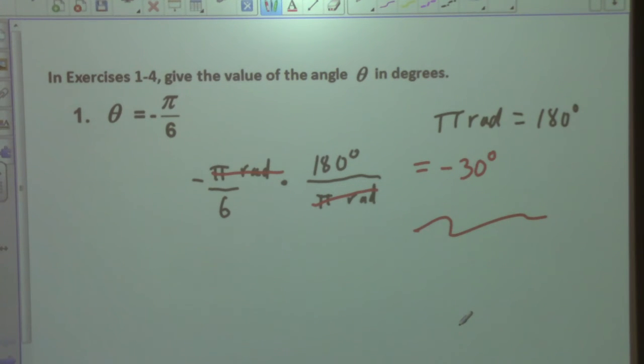Because we've been dealing so far with just acute angles, this little portion here, but we're going to examine other angles, and also you can go the other direction. So what happens is positive angles are represented by a counterclockwise rotation. So like pi over 6,